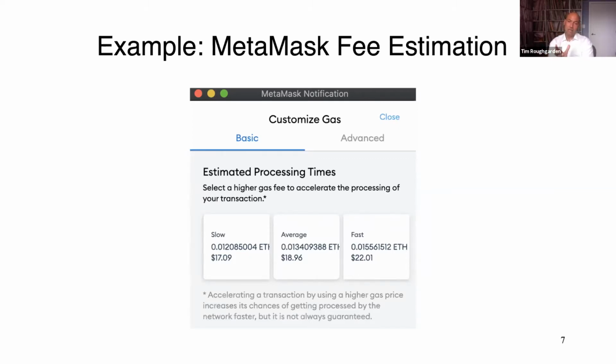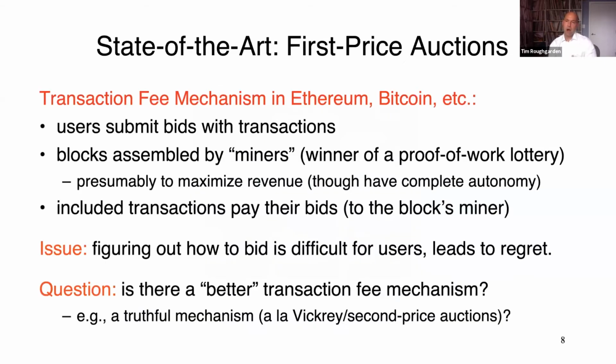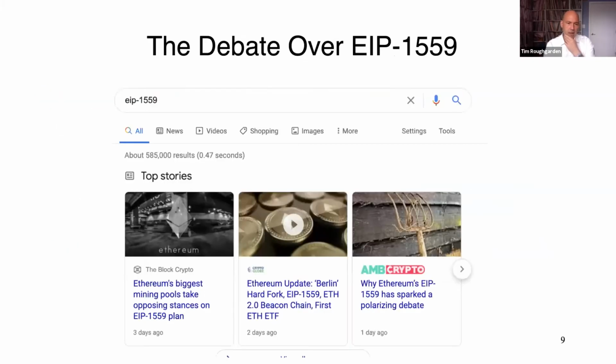So the difficulty of bidding in first price auctions is very much borne out with the experience when you use one of these blockchains. So obviously, as mechanism designers, it's very natural to ask, could we do better? What does better mean? Well, for example, could it be more incentive compatible, with the holy grail maybe being a dominant strategy incentive compatible mechanism, like the VCG mechanism. Okay. So I'll tell you more about that in a second, but let me pause and say,